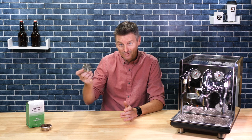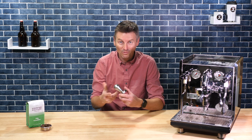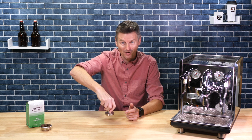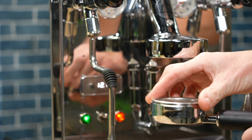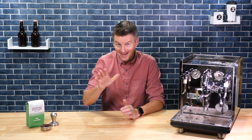Now apparently you want to apply about 30 pounds of pressure using the tamp. I hold the tamp like a doorknob, push down, and give it a good press. The tamped coffee is now firmly in place in the basket. Lock in the portafilter with the basket to the group head, add a cup, and well, here's where we're going